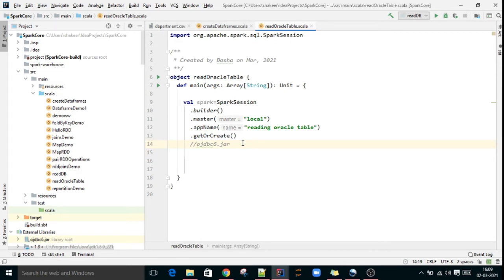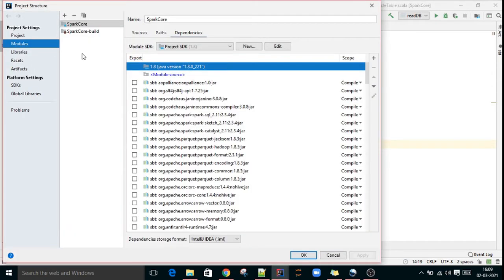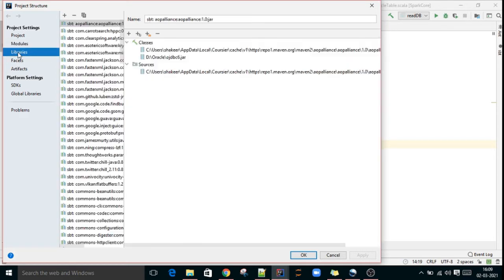Once it is downloaded, to add it to our library we have to go to File, Project Structure.